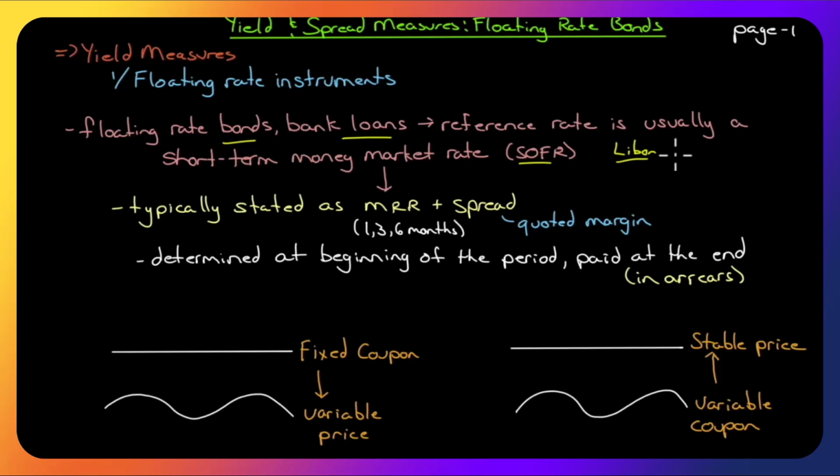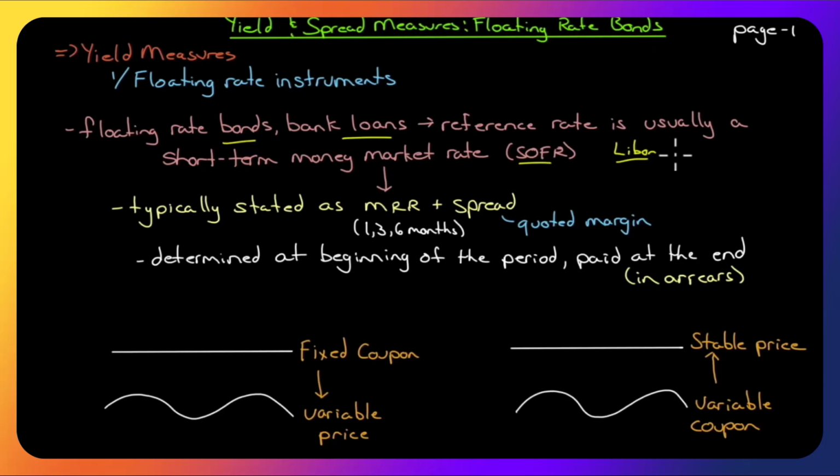LIBOR is just a term that was used for a particular reference rate. It wasn't a market reference rate, though. That's why we've dropped off LIBOR. We're now using a market reference rate. But again, whenever you see LIBOR, just cross it out and put market reference rate in there instead, and no